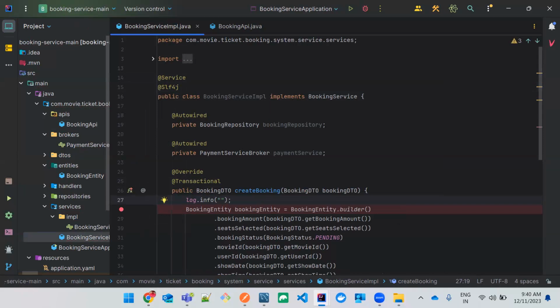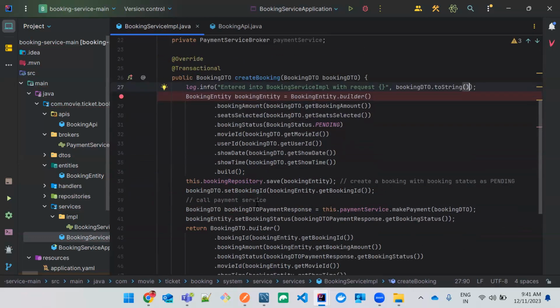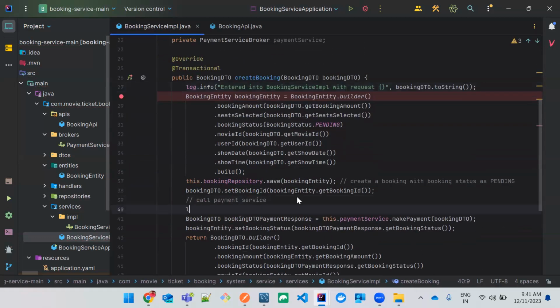And here I just wanted to use entered into with that's it. And here log.info, calling payment service to do payment